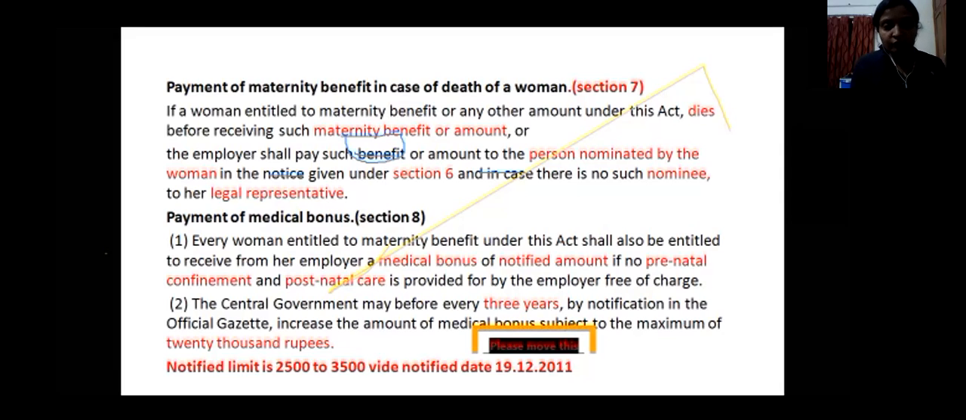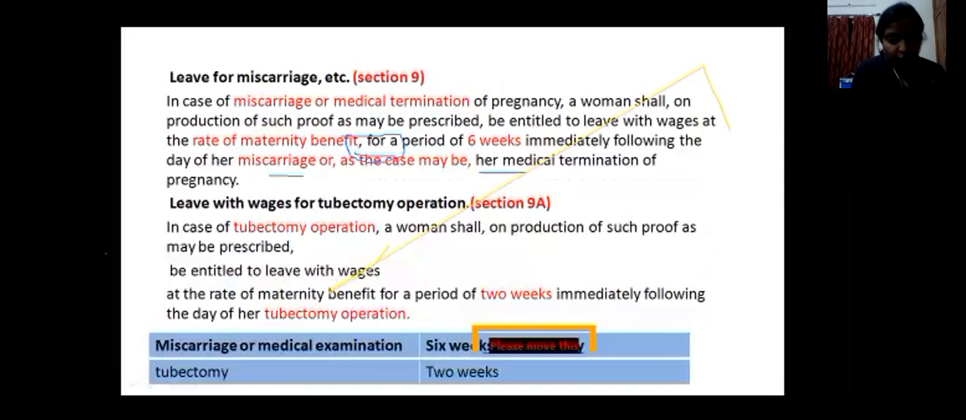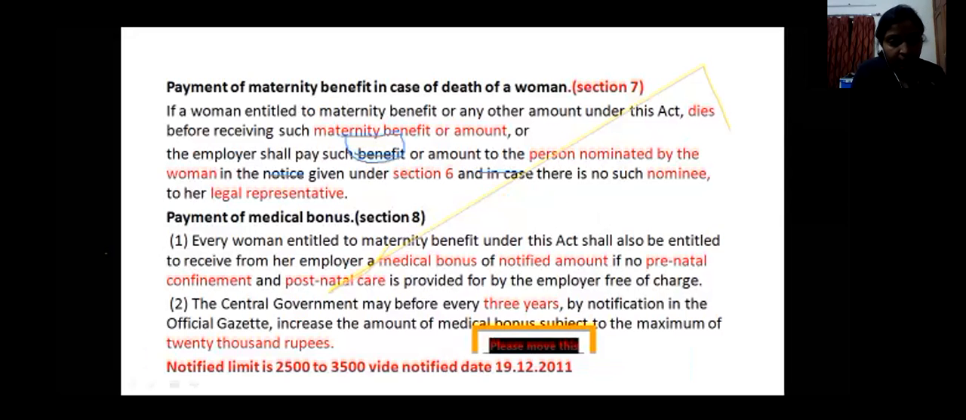That amount is, the notified amount is, just a minute, the notified amount is 2500 to 3500। एक्चुअली ये क्या है, पहले बहुत पहले था 1000, उसके बाद अमेंडमेंट के बाद आई थिंक अराउंड 2006 के अमेंडमेंट के बाद वो 2500 हुआ था। उसके बाद 2011 में प्रपोज्ड अमाउंट है 3500। ठीक है, सो व्हाट इज द अमाउंट ऑफ द मेडिकल बोनस नाउ? इट इज 3500 व्हिच यू नीड टू रिमेंबर। ठीक है, फॉर द अमेंडमेंट आई विल बी टेकिंग वन सेपरेट क्लास।